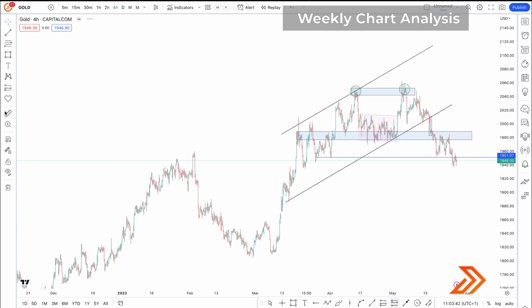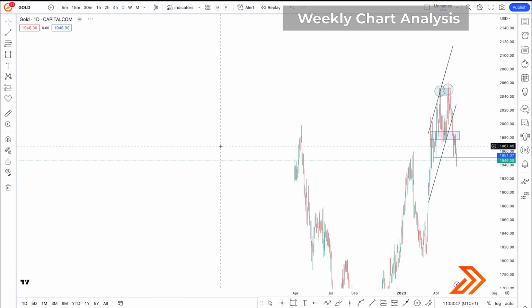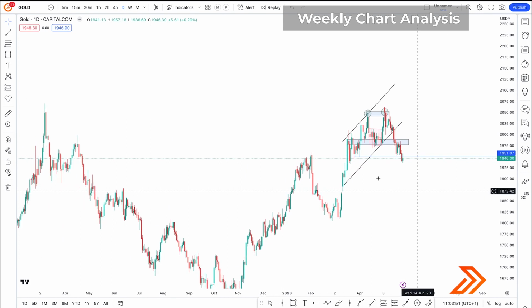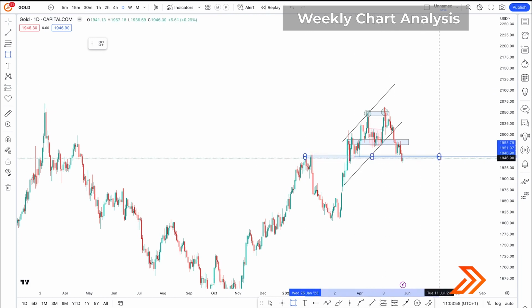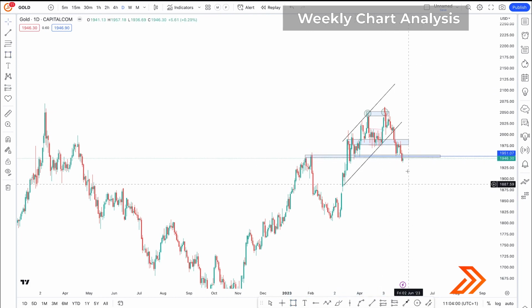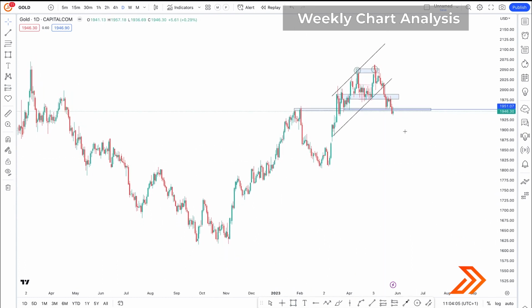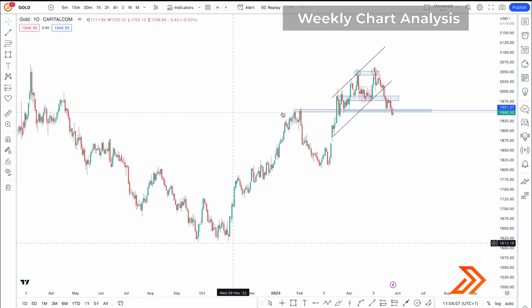But just like I analyzed last week, if you notice, this is also a very strong zone for gold, right? This very zone here, but I think price is about breaking this very zone that we have here on gold. Price has been breaking out this support channel on gold, but let's see how next week's candle actually